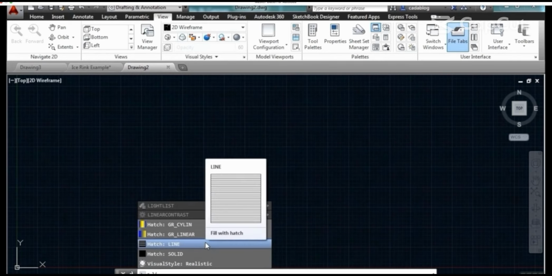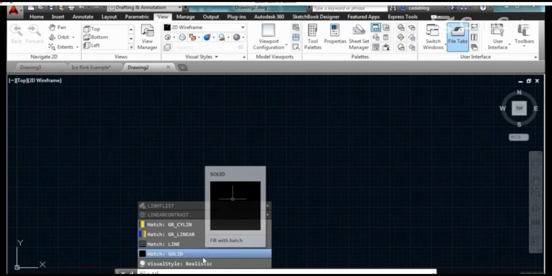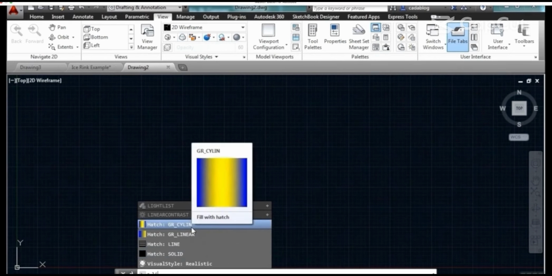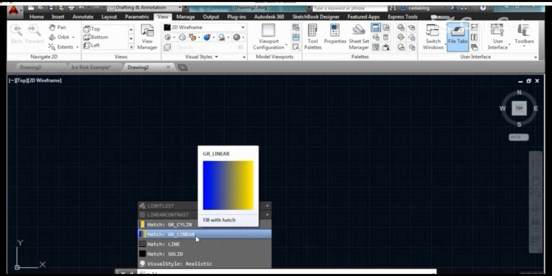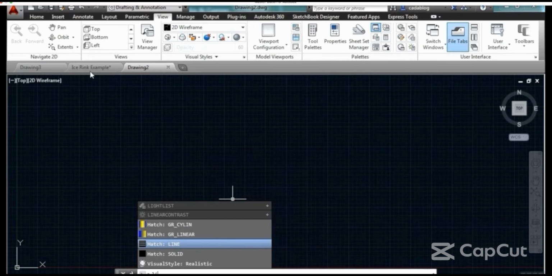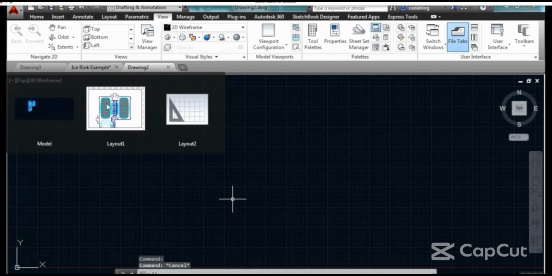Or if you have blocks inside your file or hatch patterns, something like that, it will search for it. Since we have a hatch pattern in the file that has the letters L and I right into it, it will show that to you. And where this is really nice is if you have a block inside your file. So if I go to like the ice rink example file,